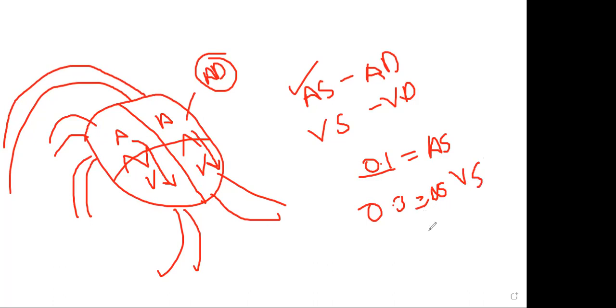After atrial systole, atrial diastole will happen, and only then ventricular systole happens. The atrial diastole lasts for 0.7 seconds. What is the duration for